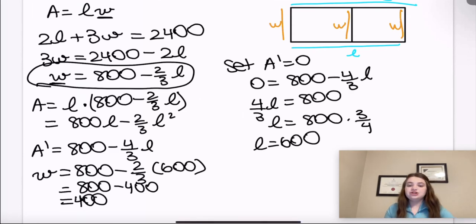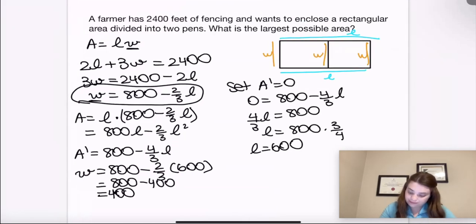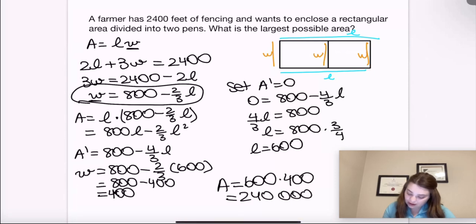So therefore the dimensions of length times width would be, actually, 240,000 if we multiply those. Because going back up to the area is length times width, which is 600 times 400. So that's going to be 240,000 square feet. And so that is the answer. So therefore, if we optimize, we end up getting that the area would be